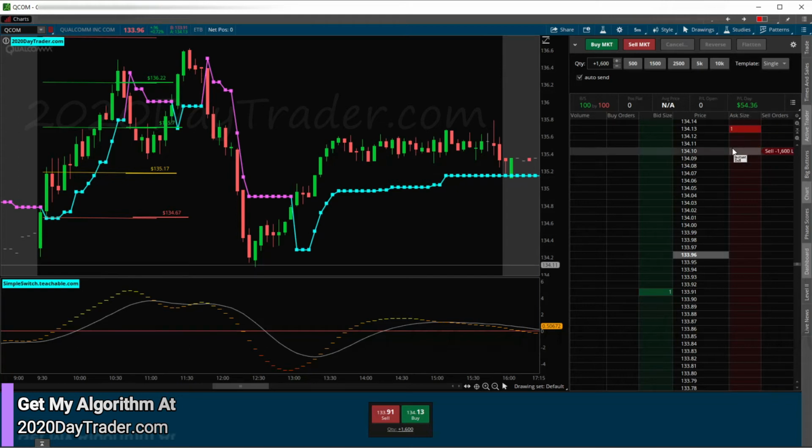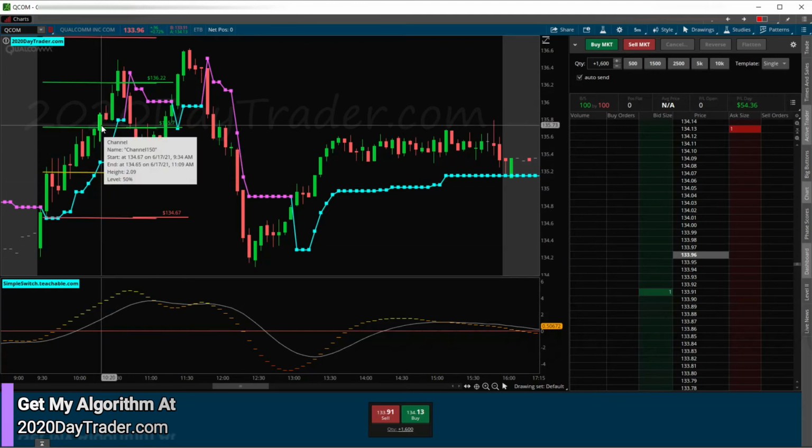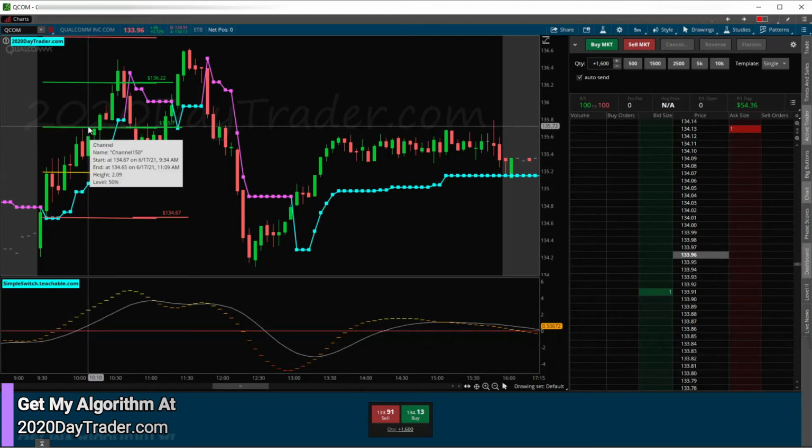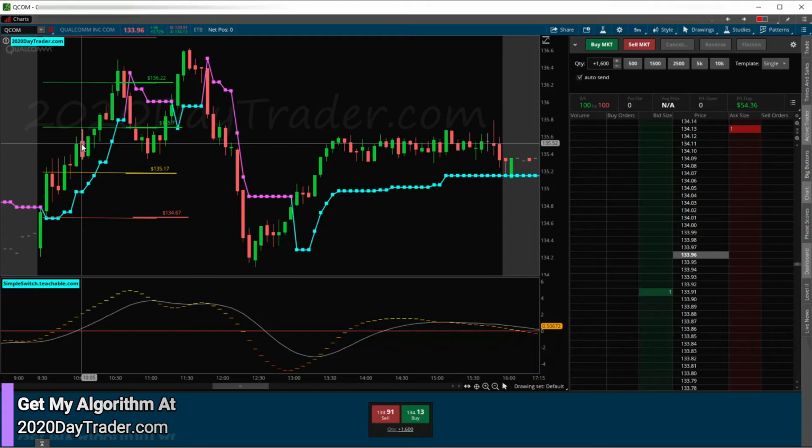This is today's trade. So on QCOM, I'll look at my log real quick. I'll go to the log and show you. $84 is what I made on QCOM. So it wasn't great. And I think the reason why I only made $84 on QCOM is because we got close to the target right here. And then when this candle started to go red,